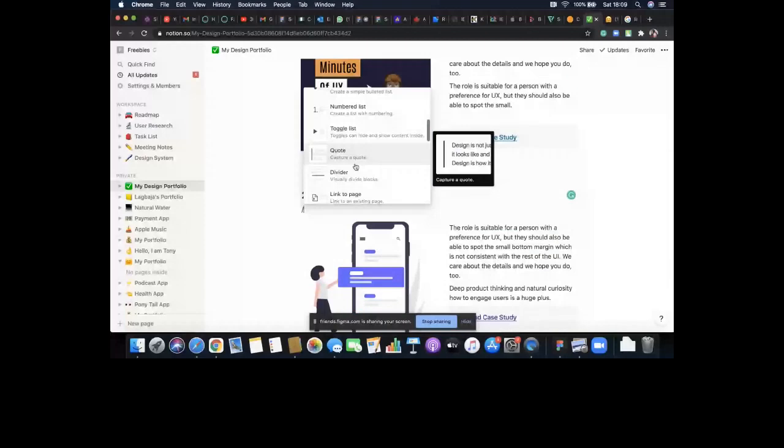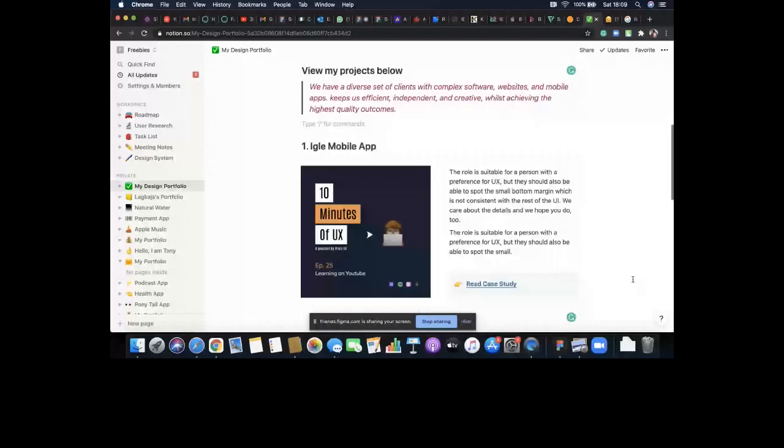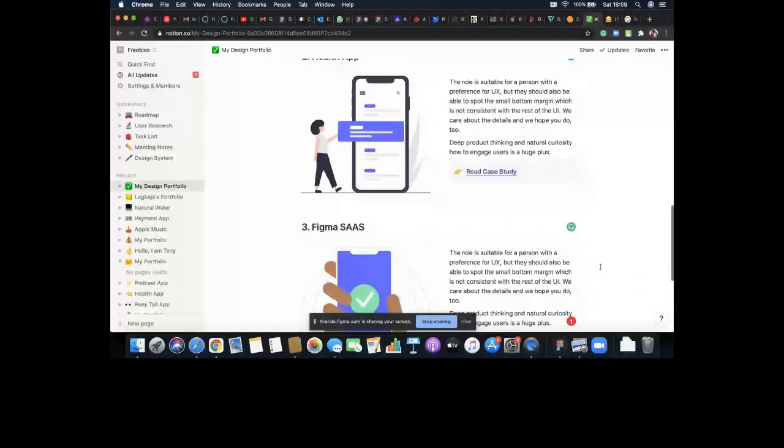Why people may like you on Notion is that if you have all of these restrictions to design something on Notion and you can go this deep, that means you actually know what you are doing when it comes to design.